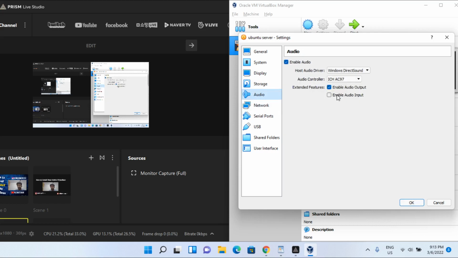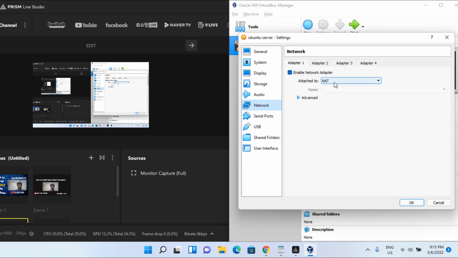Now audio, well, you can do that or you can leave the settings as it is. Yes, network is very important. See, now network means it is only attached to the real network of the host OS, which means the host OS, as long as it has internet, it will be a bridge network. Generally, what we do in a bridge network is basically show the host attached to it, and a bridge network is going to give you the benefit of hosting and getting the traffic from outside using the network,